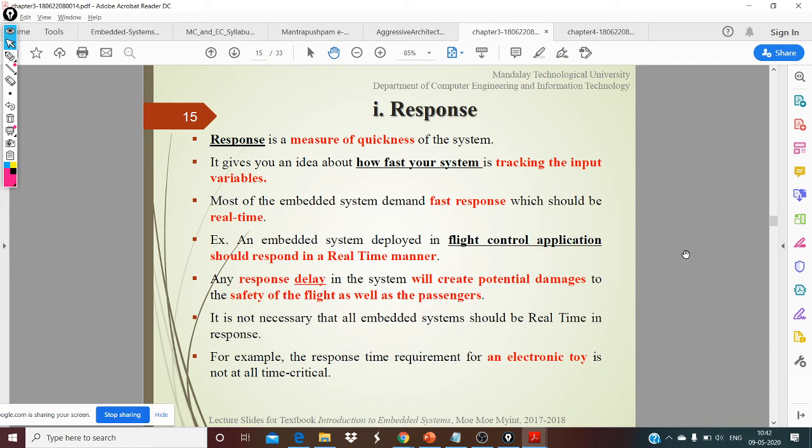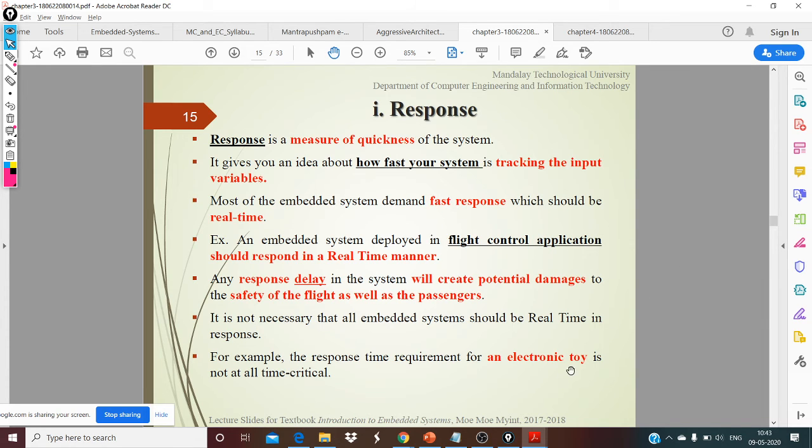Similarly, if you take a flight control system, I always give this example. When you say flaps down, the flaps must be down as soon as the pilot says that. It cannot say, man, I'm also like an ATM, let me take my sweet time, and then the plane is going to crash. You don't have the flight under your control. So the response is how quickly your system responds, and it differs from one system to the other.